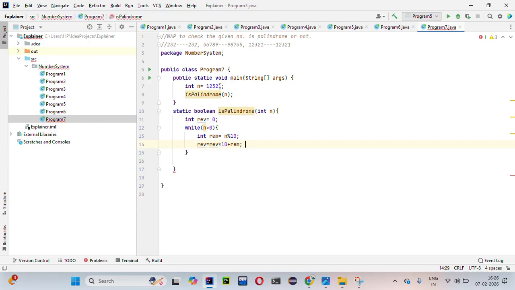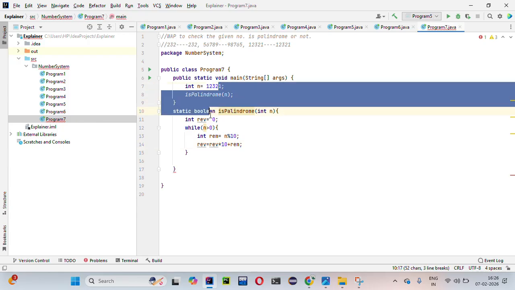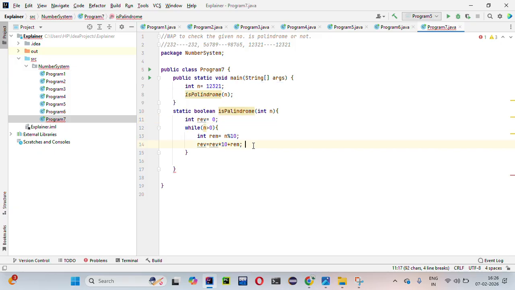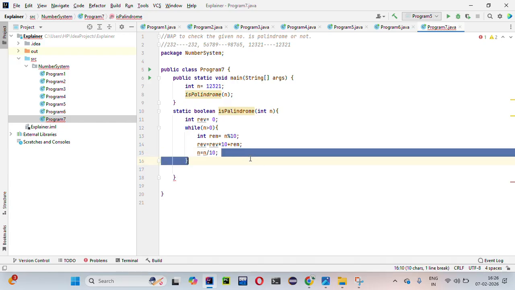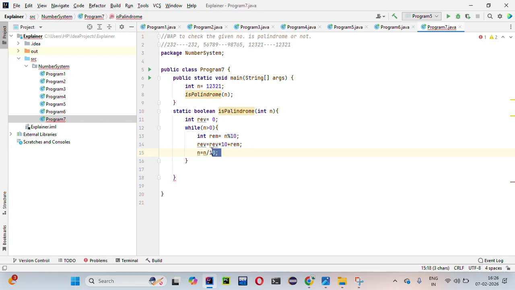We have extracted the last digit and added it into our reversed value, and then we have to delete that digit. n is equal to n divided by 10. This will give you the quotient only. So for deleting the last digit of any number, we can use n divided by 10. Okay, and then after coming out of the loop,